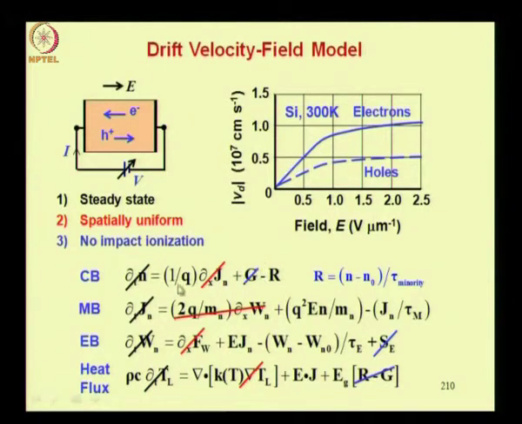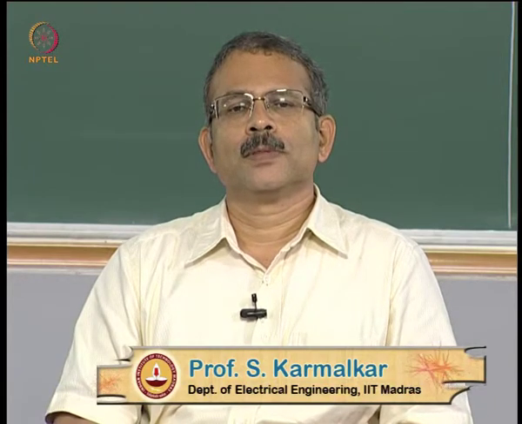Now evidently this means that the recombination also is 0, because excess recombination is 0, because you see this term is 0 in carrier balance equation, this term is 0, this term is 0, so evidently R has to be 0. This means the electron concentration would be equal to the equilibrium value of the concentration. Now look at the term SE in energy balance equation. Now we are neglecting a contribution of generation recombination processes to the kinetic energy.